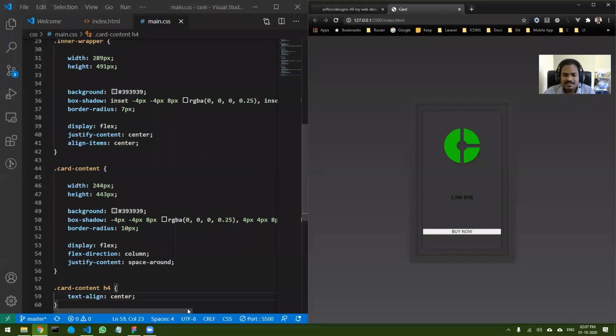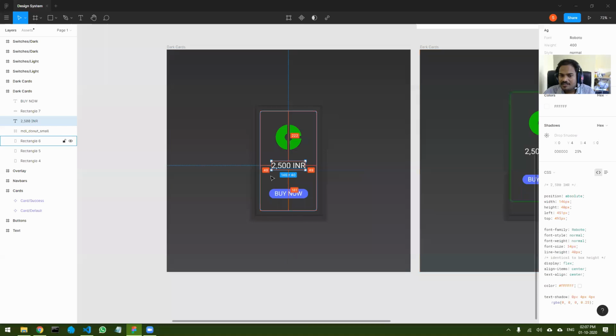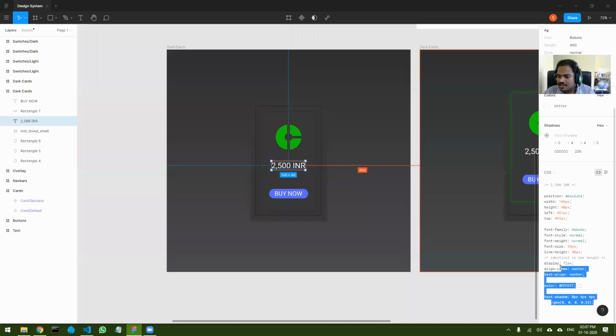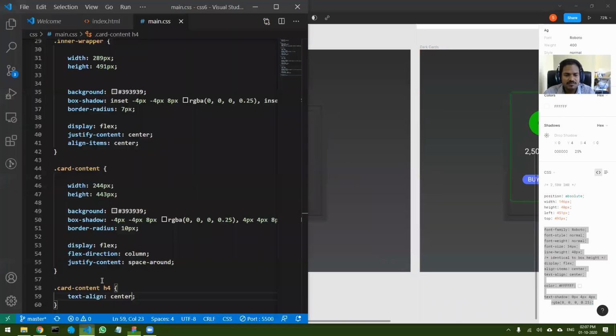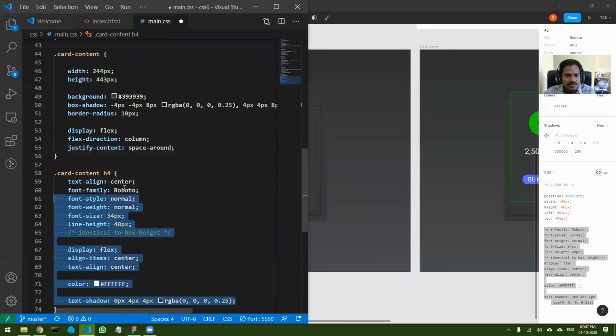Next let us go back to Figma and look at the font size, color, everything is different, right? So let's copy that also. And if you look at it closely, there is a shadow also. So I can copy everything from here. Let's copy first, and then we will decide which all things we need and which we will remove. So let's paste it. Font family Roboto is not there right now. We will install it later. Next, font style, everything is okay.